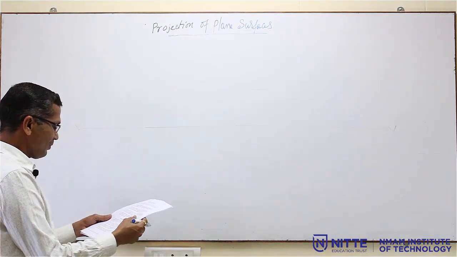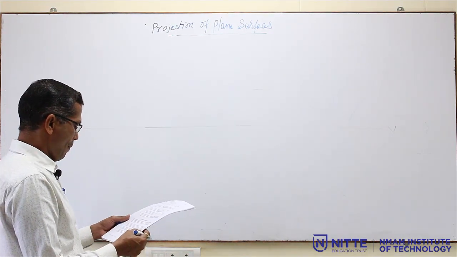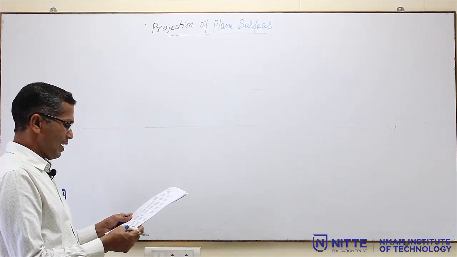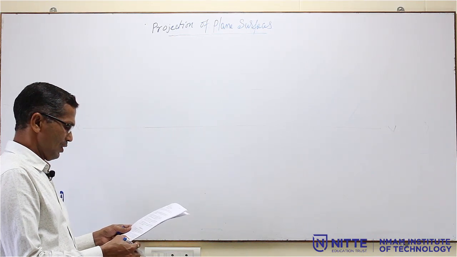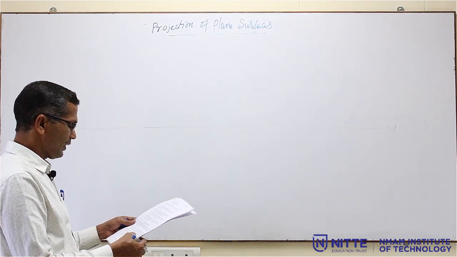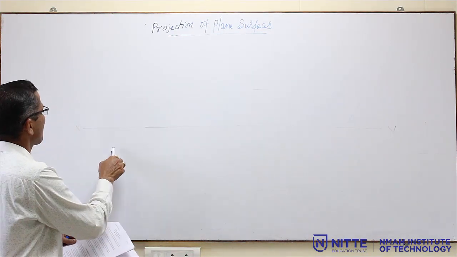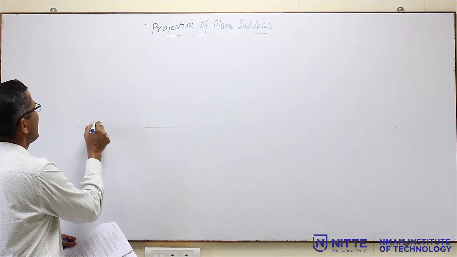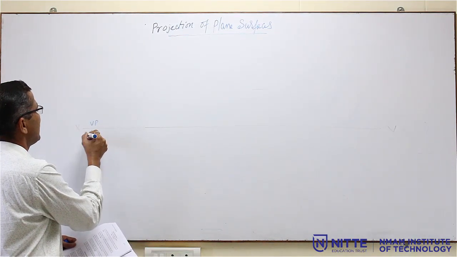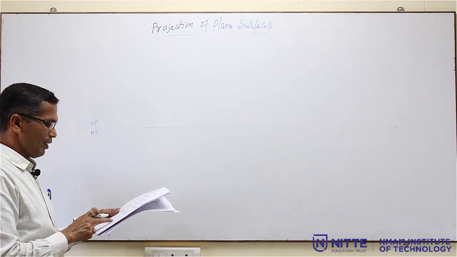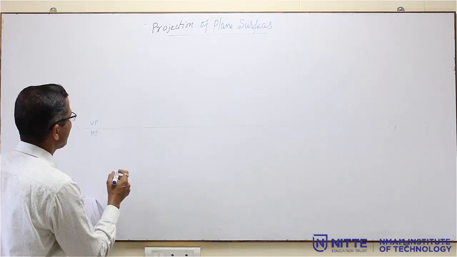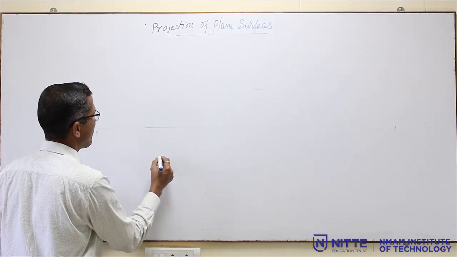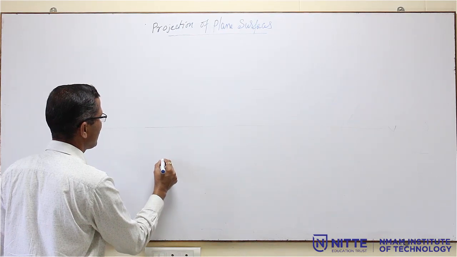So, draw the XY line, then a pentagon of 25 mm side with corner condition, because I am going to start from the HP. If you are starting with VP, then it becomes edge condition. So, one of its corners is on HP. That is why I will leave some gap and I will start from this line.